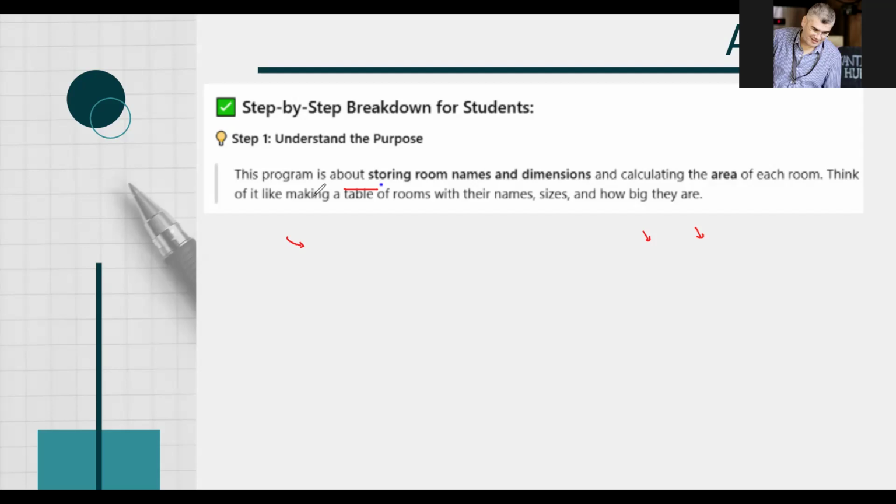The program that you're going to create is planned or intended to store room names and dimensions of the rooms. Okay, and then we calculate the area of each room. So we have to multiply length by width, and that will give me the area of the room. So think about it, it's like making a table of rooms with their names and sizes. Okay, so